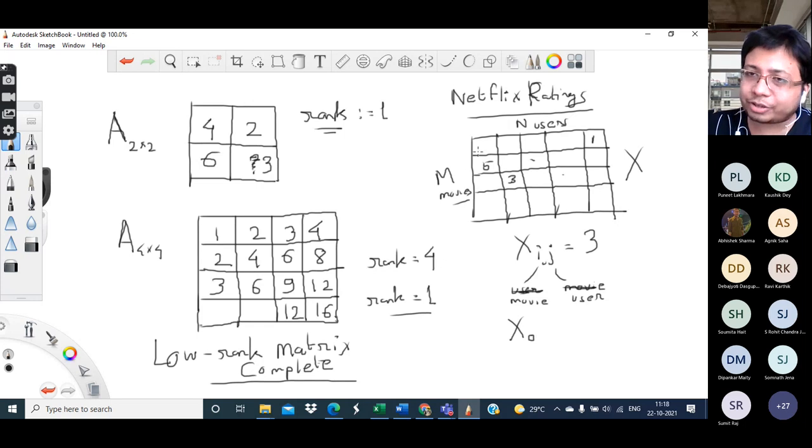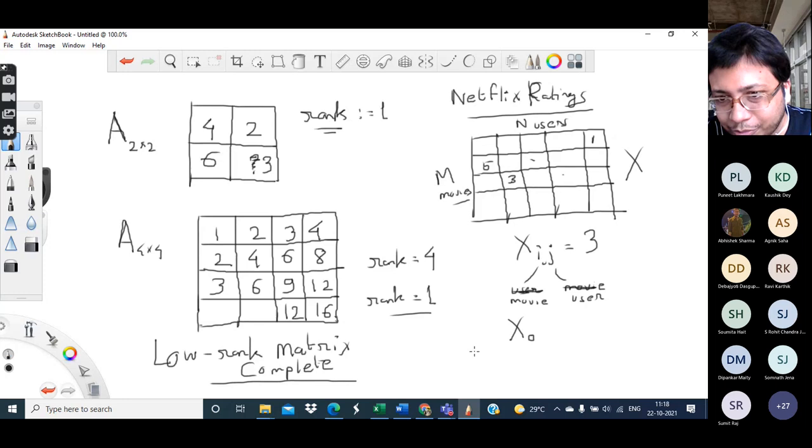So suppose I had actually forced all the users to give ratings to all the movies. I mean, not random ratings, but honest ratings. Then the matrix which I would have got, let it be x0. Of course, it's a different matter that in this case I do not know what x0 is. But there are results which say that if rank of x0 is less than or equal to some value k, then